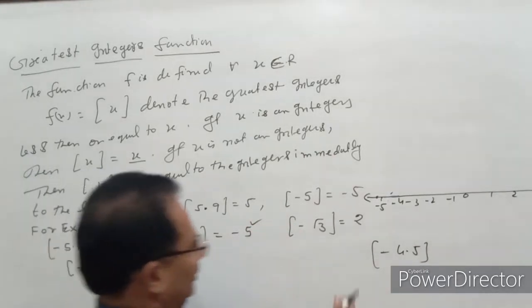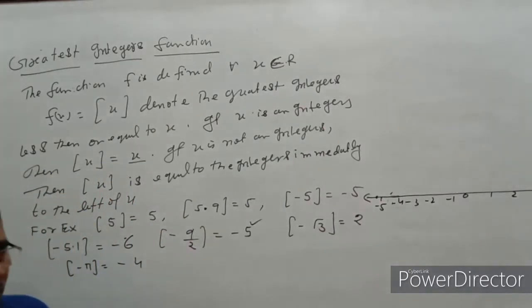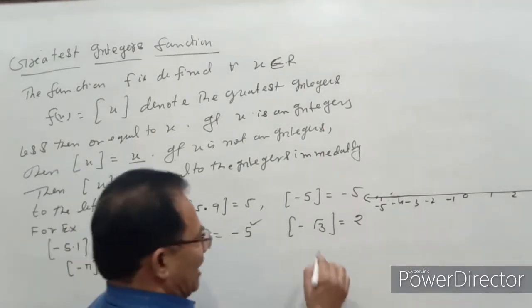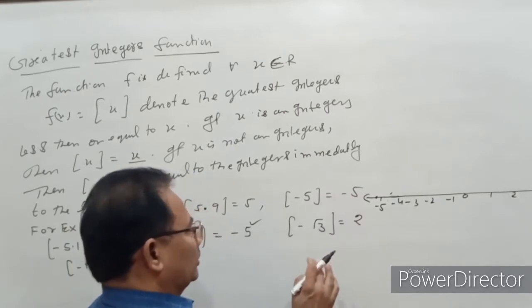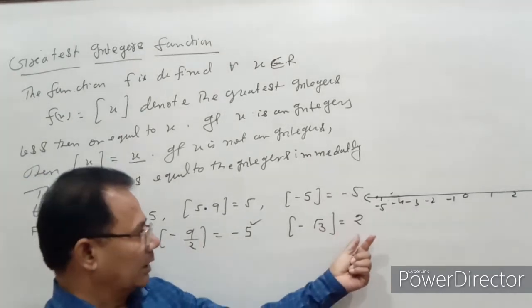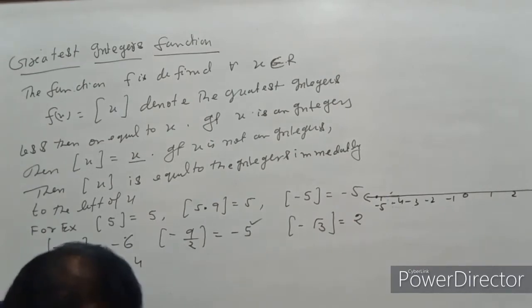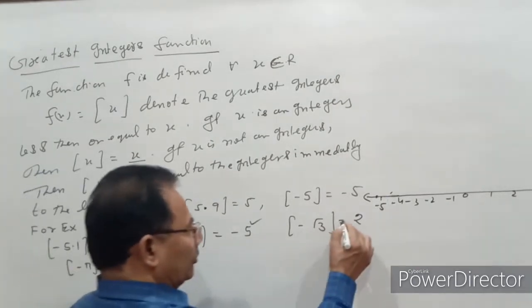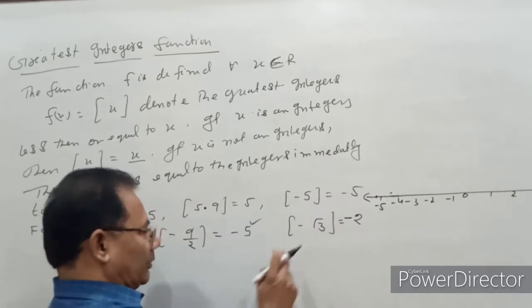If we see here some more examples, minus root 3 or root 2 and so on. The value of minus root 3 should be equal to minus 2, because similarly if we take the value of minus 5 means